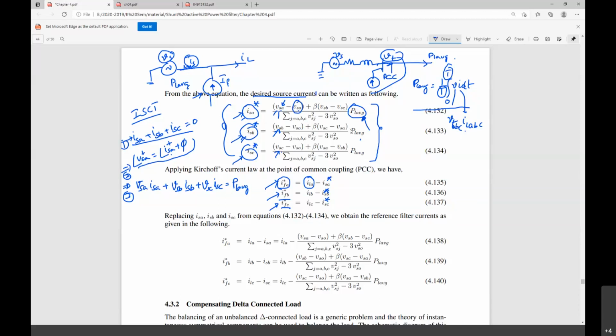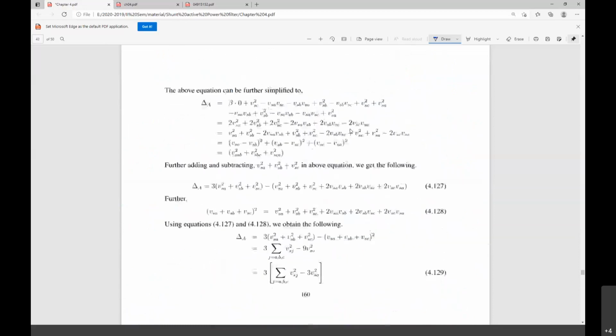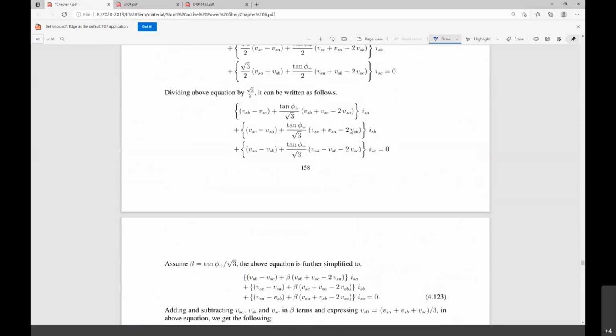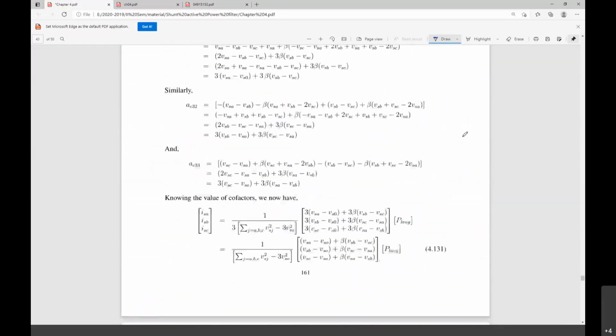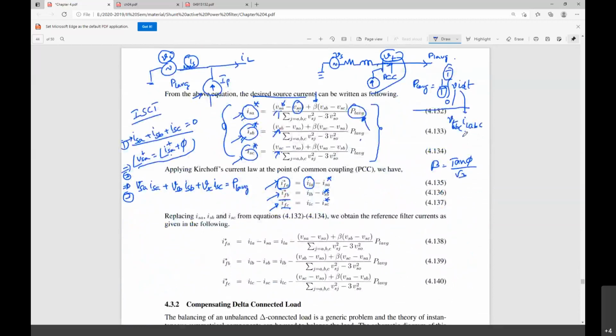And here, beta is equal to tan phi by root 3. That was the consideration: we have considered beta as tan phi plus by root 3, where phi plus is the desired power factor. If you consider this particular equation under the balanced voltages, it is 0. The desired power factor, cos phi, which you are expecting